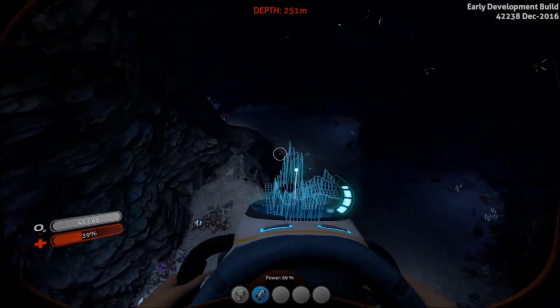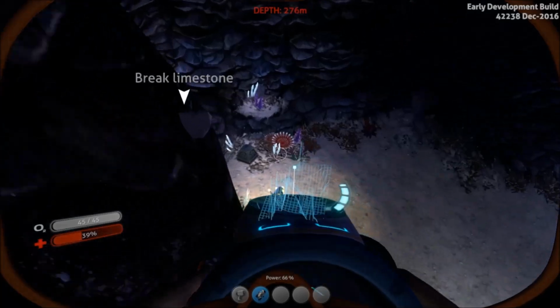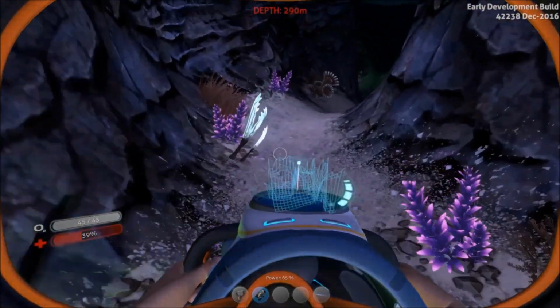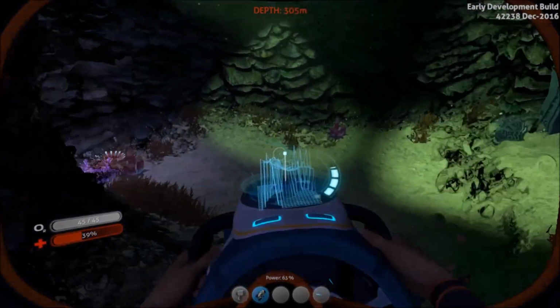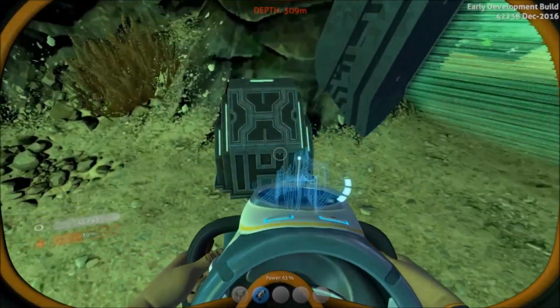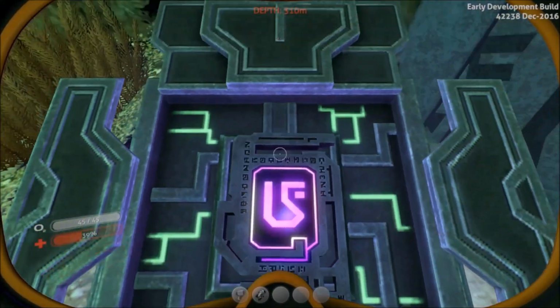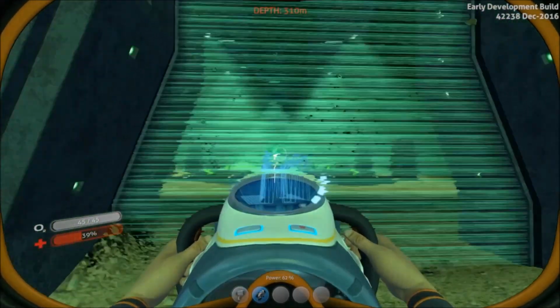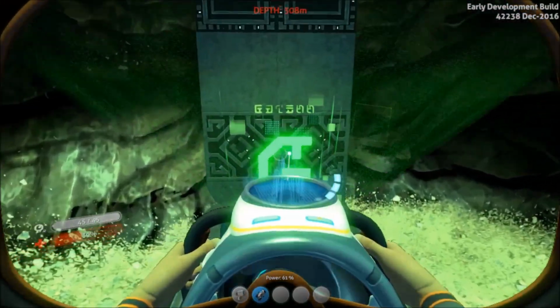But down here there's actually a thing called a Precursor Cache. And I have no idea what that's gonna be used for in the future, but it requires an artifact to open, which is why we got that extra one of them. So if we go in here, and we insert the purple artifacts, as we found, this door is going to open, and we're going to have free access to another data terminal, which is going to say,